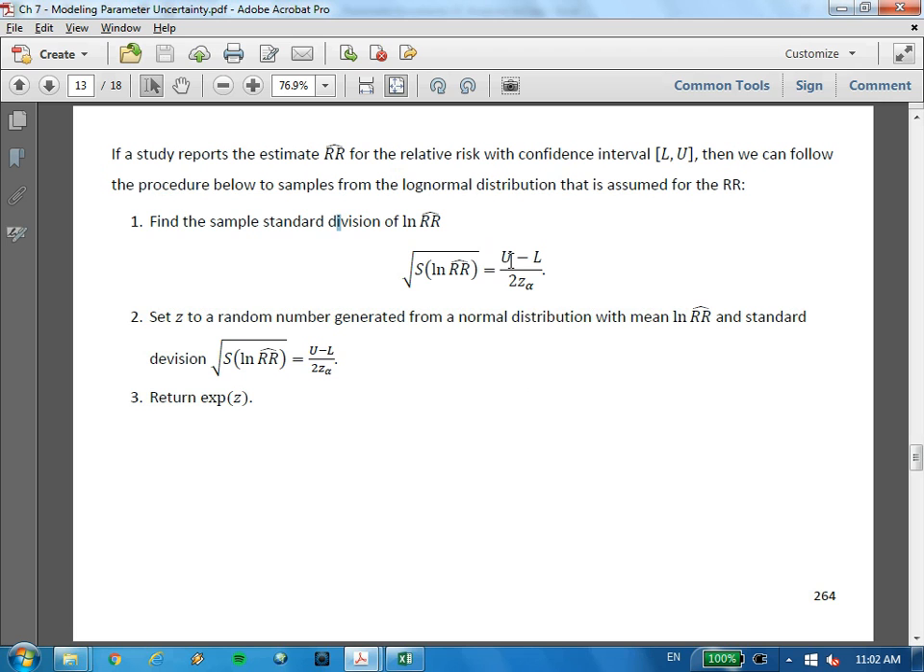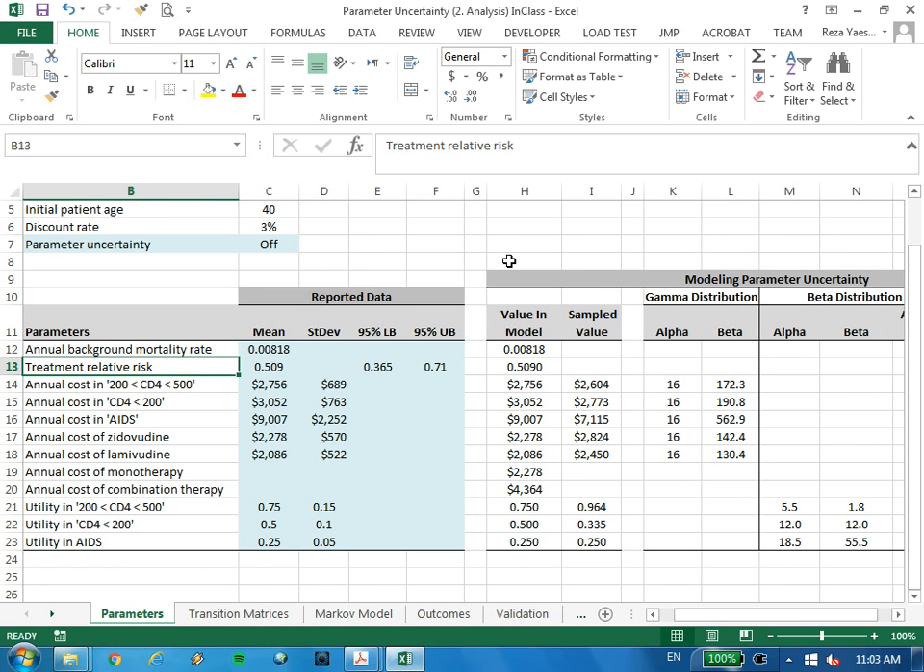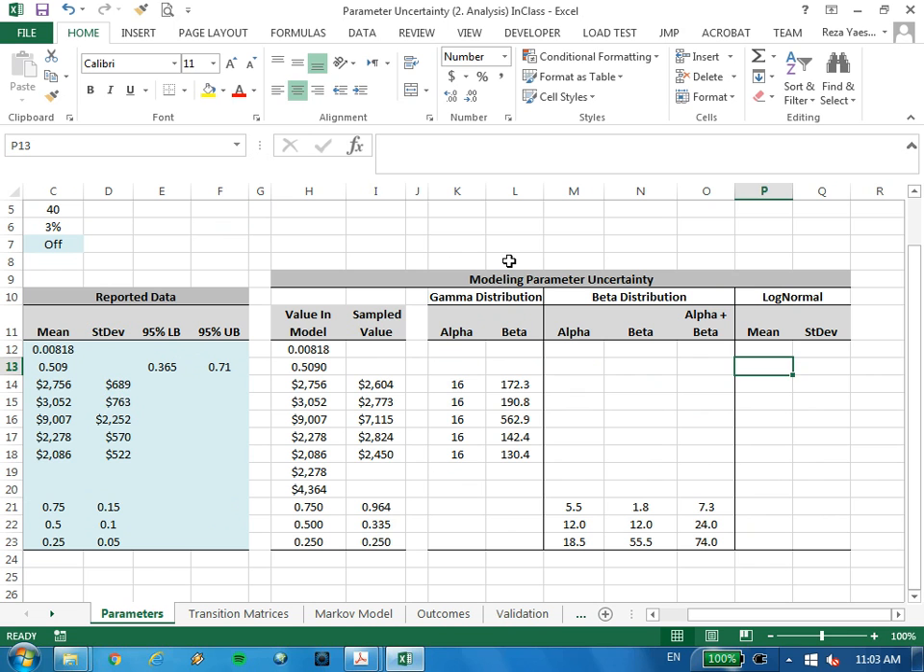So if U is the upper bound that they reported, and L is the lower bound, then the sample standard deviation is calculated according to this. So let's do this here. So we are working on the treatment relative risk. So the standard deviation is the upper bound